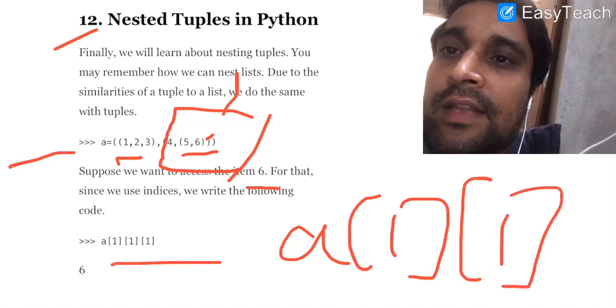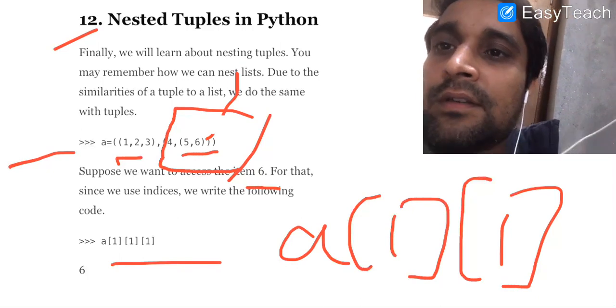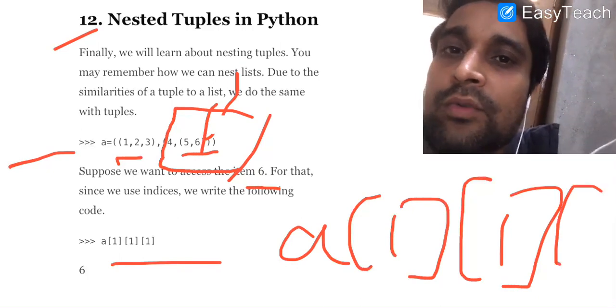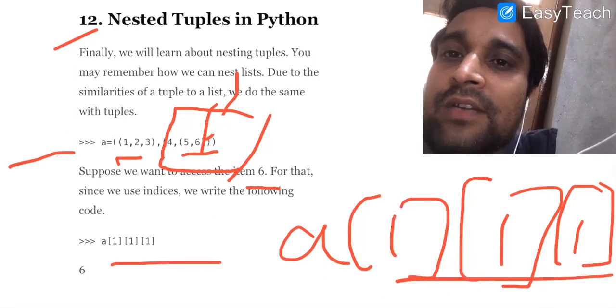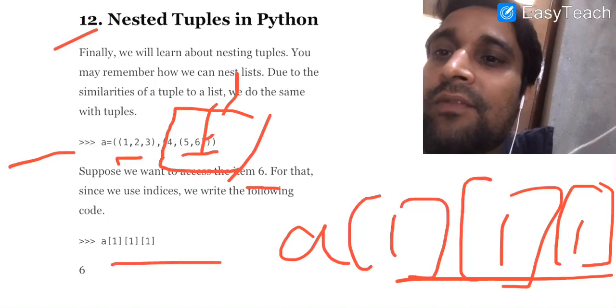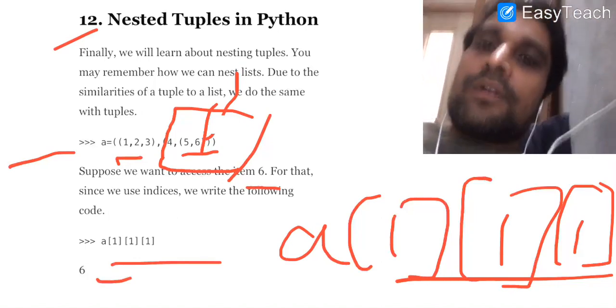Thereafter if we use 1, then it will point to the second element of this tuple. So we need to write A in square brackets 1, 1 and 1, and then we will get the result as 6.